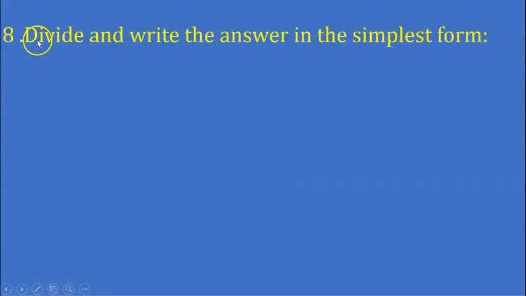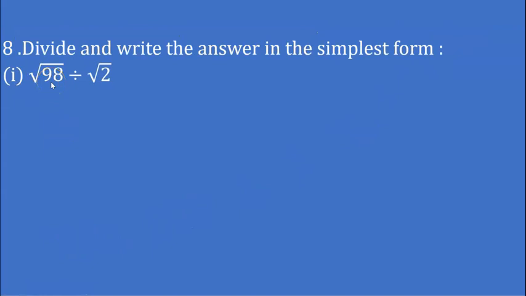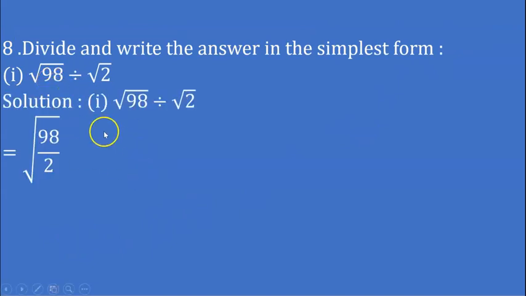Now next question. Divide and write the answer in the simplest form. First example, root of 98 divided by root 2. Now solution. Root of 98 upon root 2 can be written as root of 98 upon 2. 98 upon 2 means what? 49. That is the root of 49, and that equals 7. And this is the answer. Next,